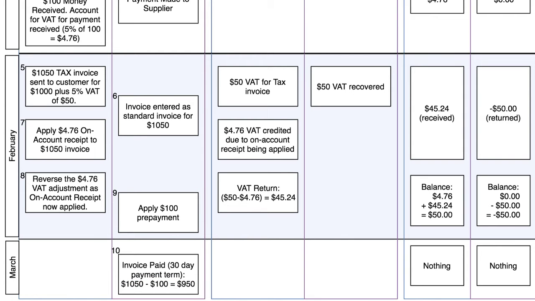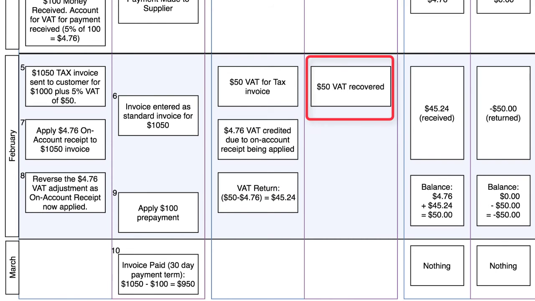The VAT treatment has now changed because we've now issued the correct tax invoice, which is for the $50. However, we have to reverse out. So there's a VAT credit of the $4.76 on the February return to reverse out the tax that you'd already applied in January, as you can see here. So on the actual VAT return for your supplier, they would actually be submitting in February a VAT amount on their sales of just $45.24, because that is the $50 on the invoice less the $4.76 that was on the